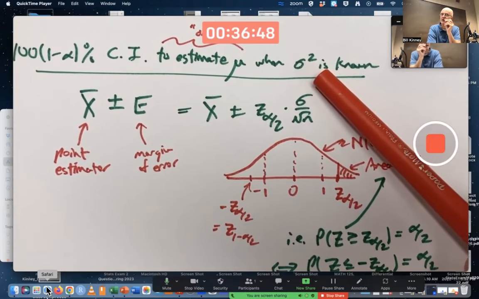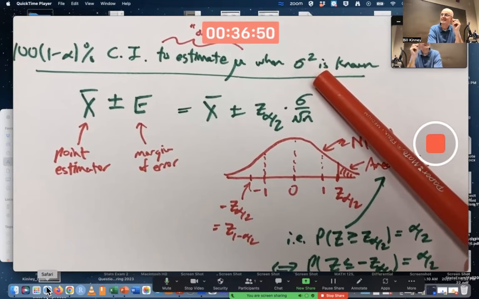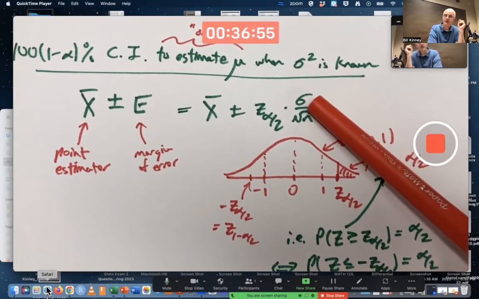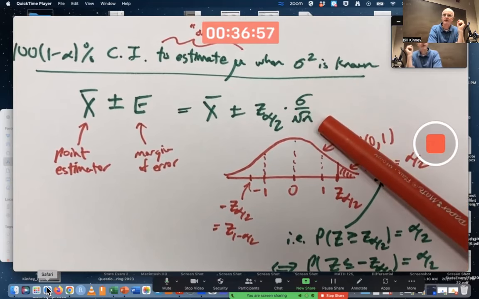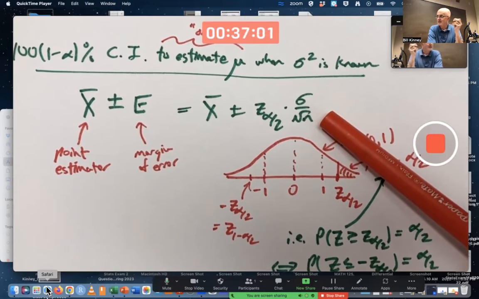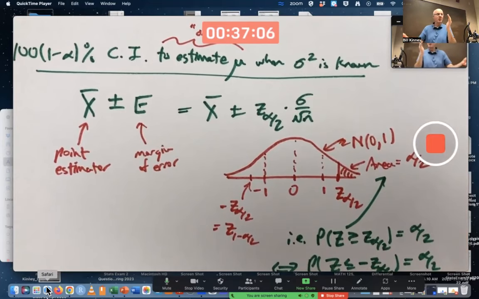They might put the word population in there for emphasis. The population variance is 17.3. Take its square root to find sigma. Take the square root of the sample size to get this. You should feel comfortable writing the answer in plus or minus notation or converting to interval notation. Find the left endpoint and the right endpoint, right?